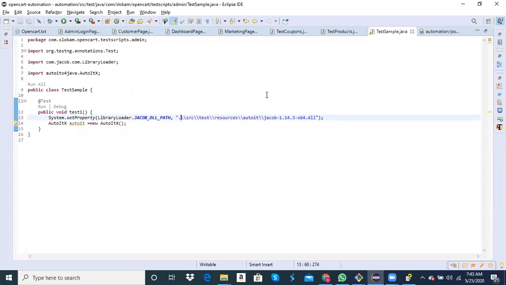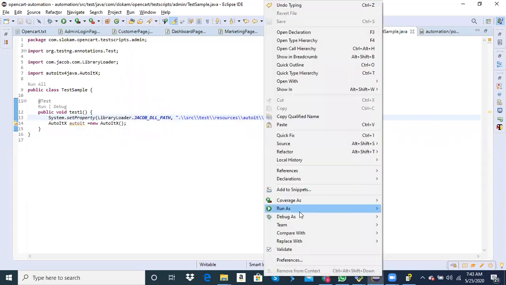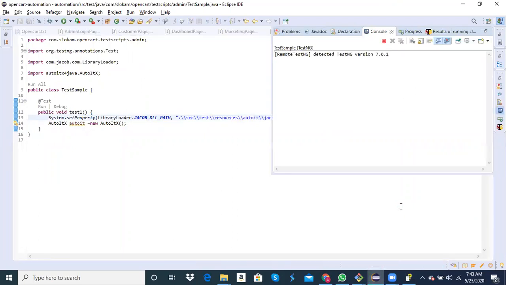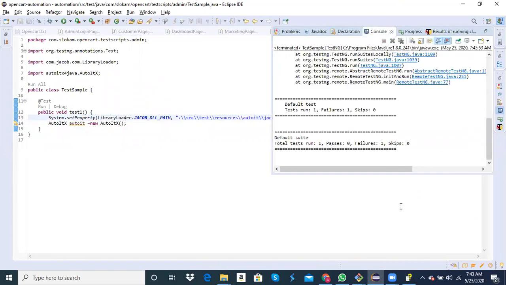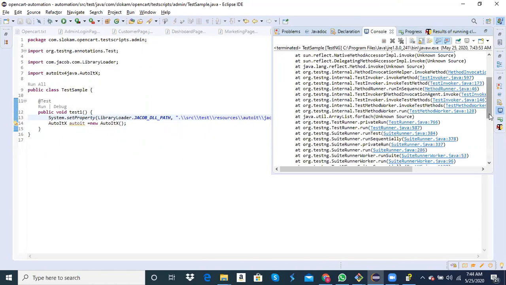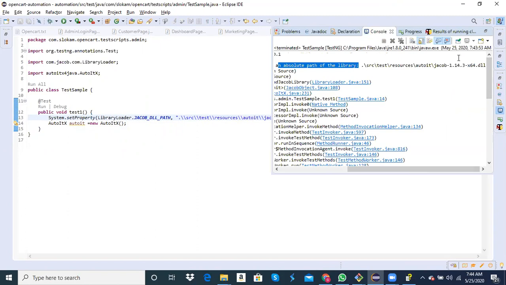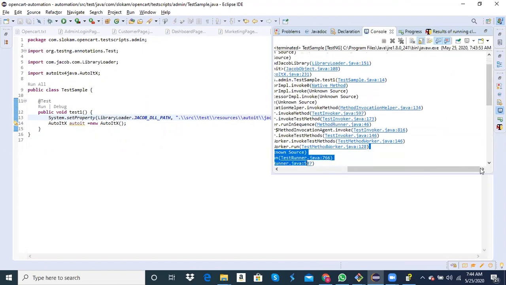So no matter where you execute or where you put your project, the path is the same. But now if you see, this is not working. It is expecting an absolute path of a library, and it does not provide the absolute path.